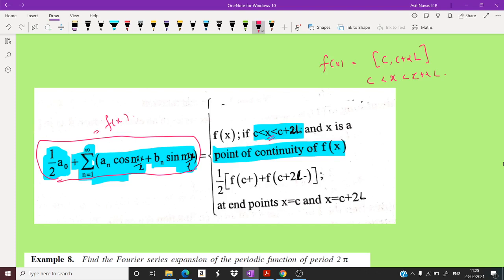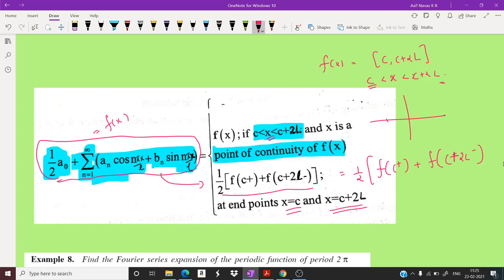Now if it is at the end point, that means at x equal to c or x equal to c plus 2l, then this series converges to the average of the left-hand and right-hand limits, that is equal to 1 by 2 times f of c plus plus f of c plus 2l minus. That means if we have a function defined from minus pi to pi like this,